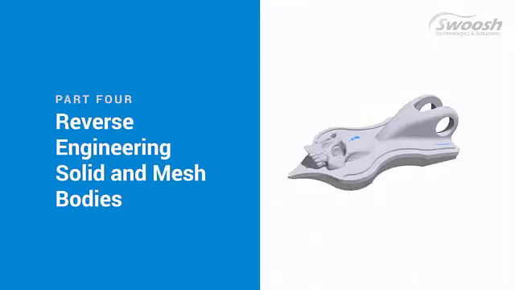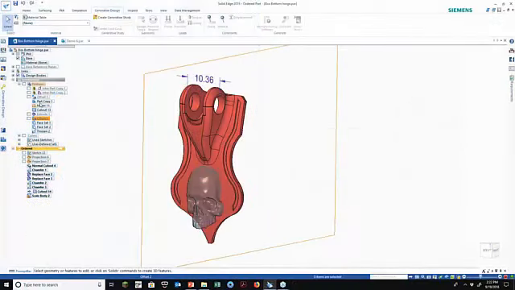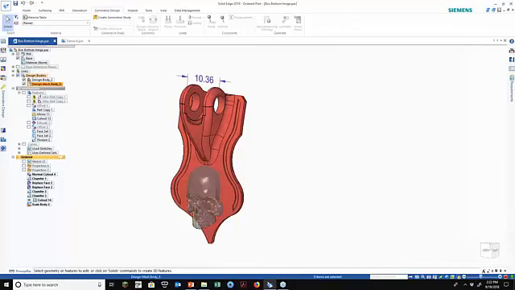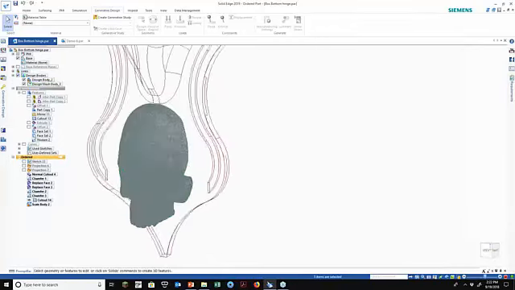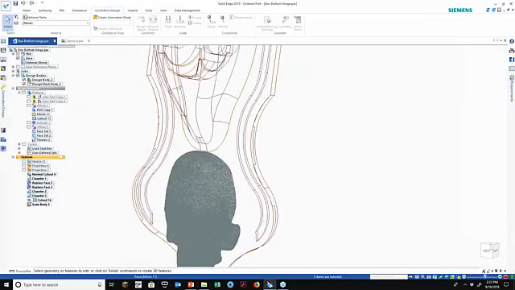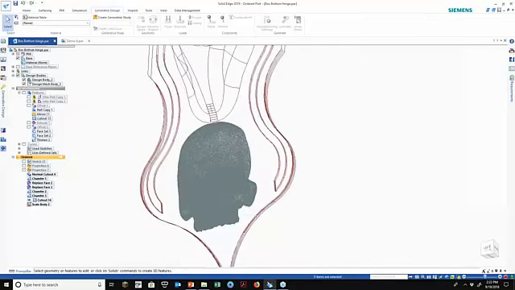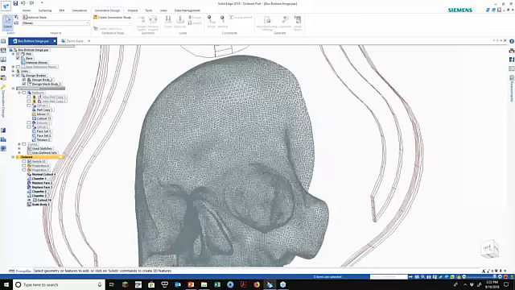All right, so in this scenario, we have a Solid Edge part, which is a bunch of individual features. And I also have an inserted part copy of a mesh body. So let me turn the shading off again so you can see the difference between the two. Again, the little bracket part is a solid body, and of course this skull is a mesh body, which